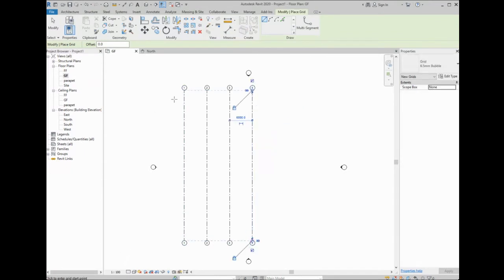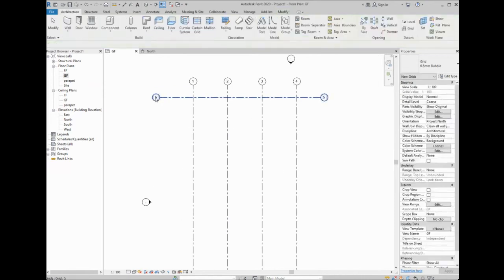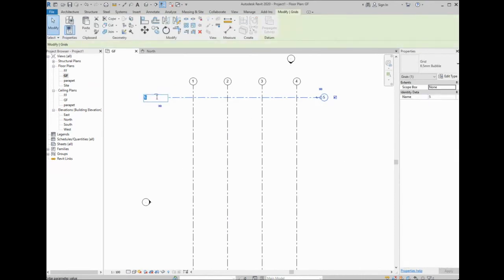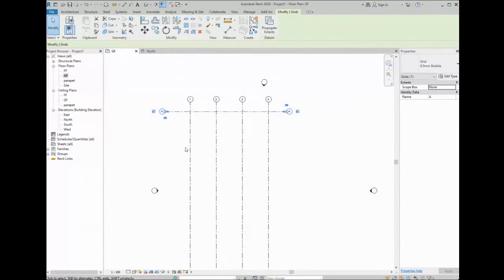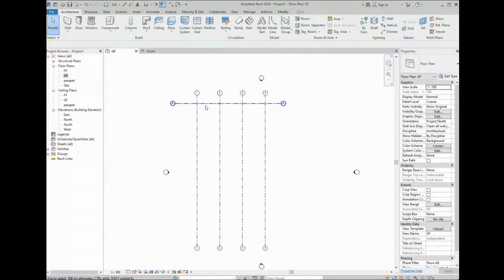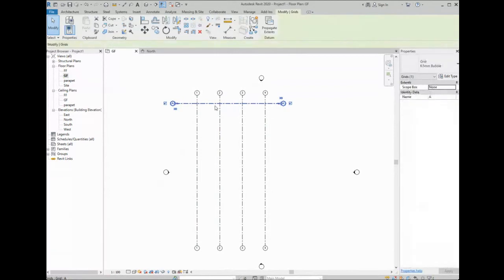Now if I want to do the horizontal ones, I will start, for example, from here to here. Before we do anything, just change the number. So instead of 5, I will make it 8. And then you will continue adding the rest. So instead of just drawing them one by one, what I'm going to do, I will select this, and then